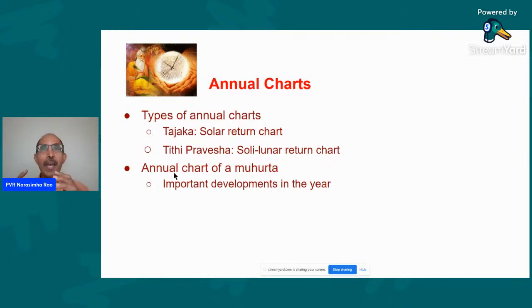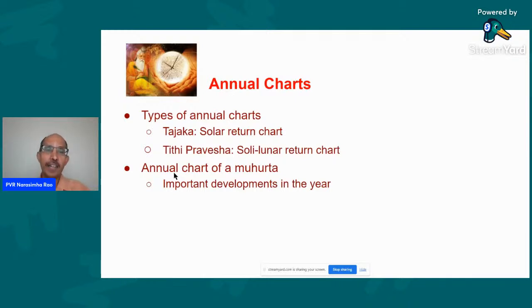Suppose you are looking at a marriage chart, a wedding chart, when two people got married. That chart is not of those two people. It is the chart of their life together. The entity represented by the chart is their marriage. And in marriage, what kind of things can happen? Children can be born, marriage can be happy, marriage can be sad, there can be divorce, marriage can end. So things like divorce, marital happiness, marital disharmony, birth of children, these kinds of things can be seen.